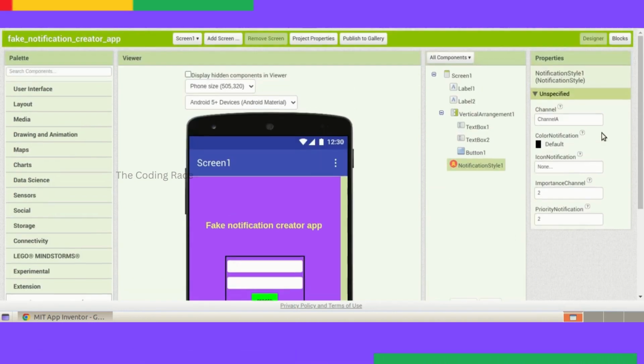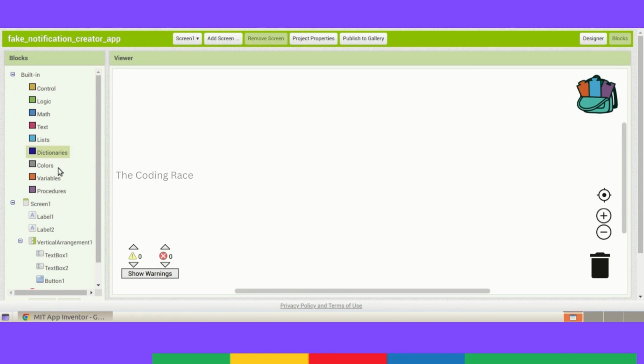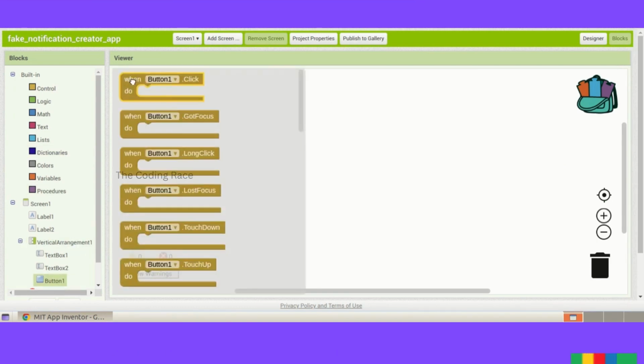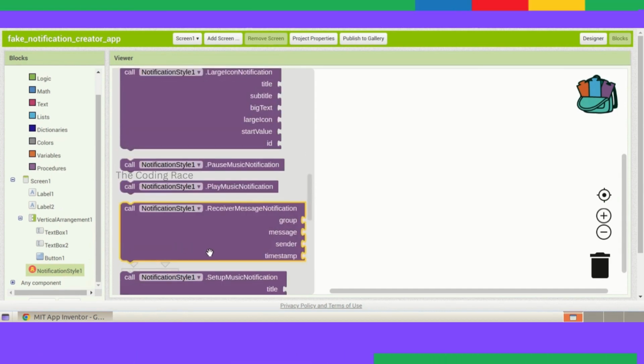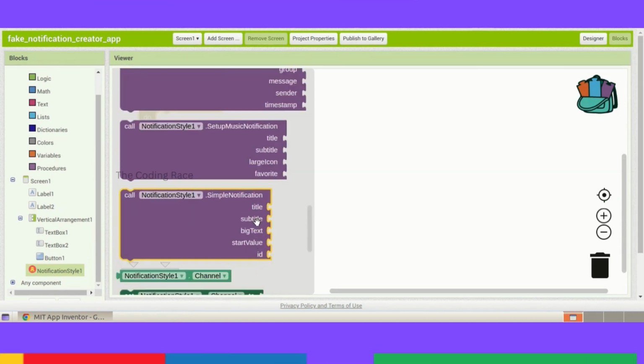You can see it. Okay, then go to blocks and Button1. When Button1 clicks, notification, call notification style